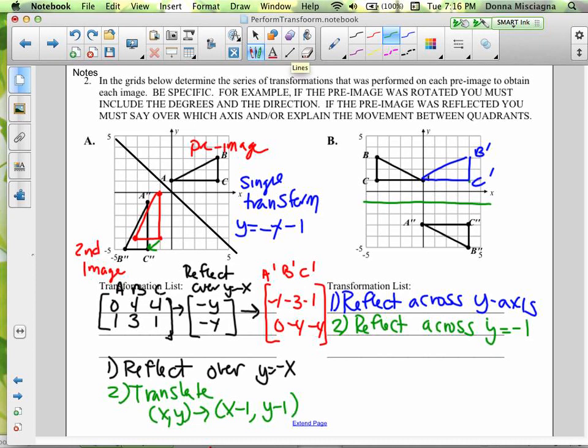There are other ways to do this and other orderings to do this. You could have reflected over the x-axis, but then it gets kind of tricky to get that into the right location. Or you could reflect it over y equals -1 and then reflect it over the y-axis. You could actually do this in one transformation. So let me show you where the one transformation would be. And that would be a rotation. So here's our single transformation, and the last thing I'm going to say,